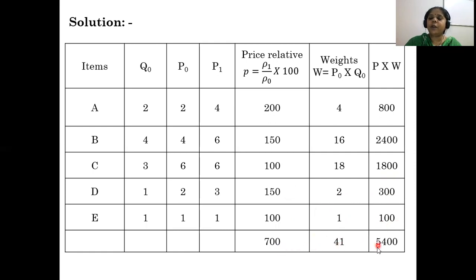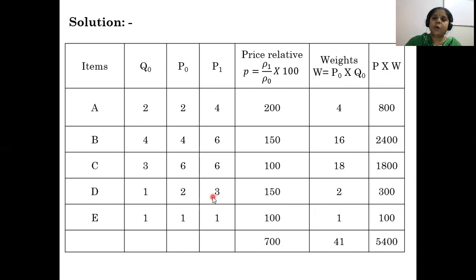The total should be 5400. So the total of weights is 41, the total of price relative is 700, so the total of price relative into weights is